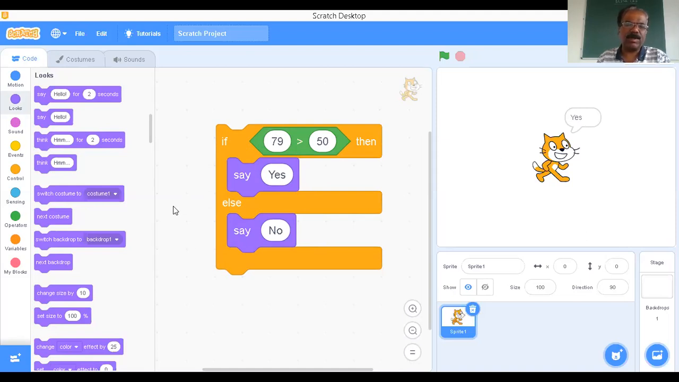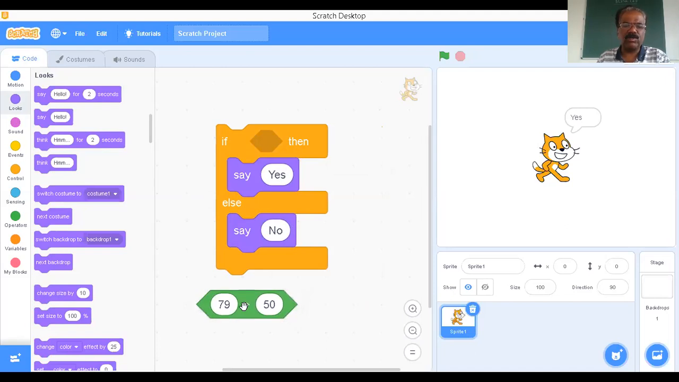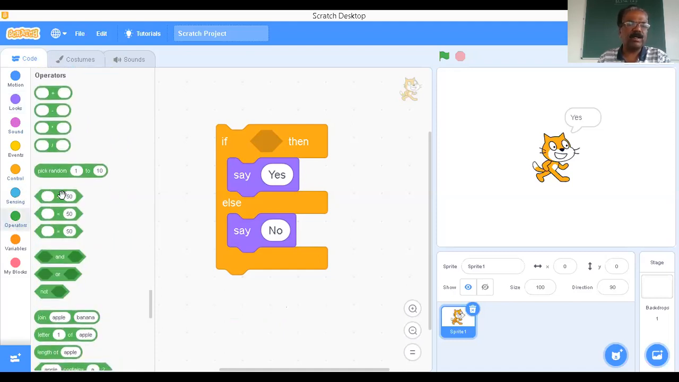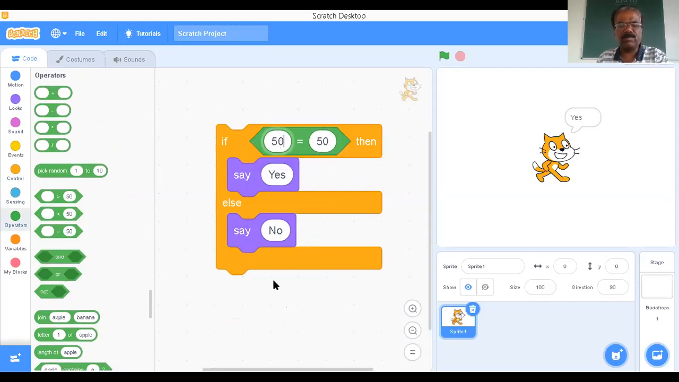Now in the same manner, suppose instead of this greater than block, I'm going to use another block. It is operator. I will go to operator equal. Suppose I'll put some number, let it be 50. Here equal. Suppose if you execute this particular block, 50 equal to 50, yes, then true,